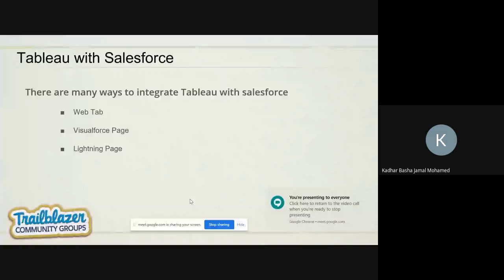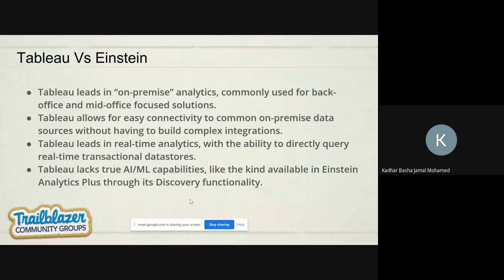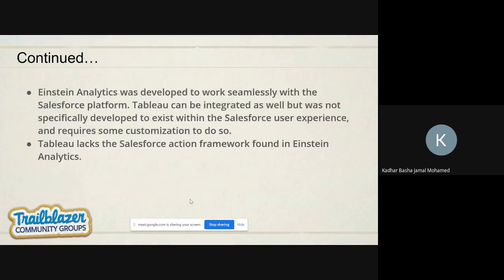So Tableau performs the artificial intelligence and machine learning also, like the kind available in Einstein Analytics through its Discovery functionality. Einstein Analytics was developed to work seamlessly with the Salesforce platform. Tableau can be integrated as well, but was not specifically developed to exist within the Salesforce user experience. Einstein Analytics is a pre-built concept in the Salesforce org, because we can create the Einstein Analytics dashboard inside of Salesforce